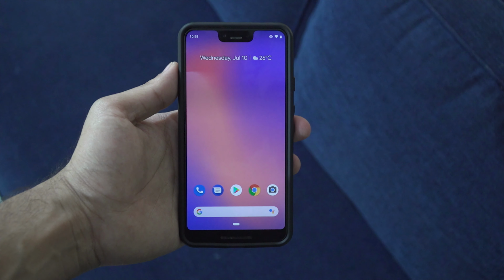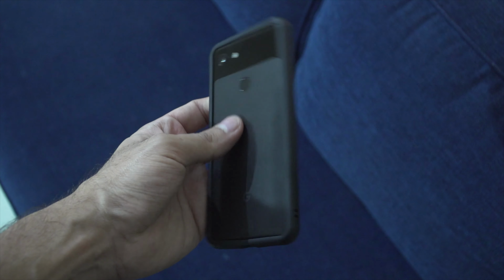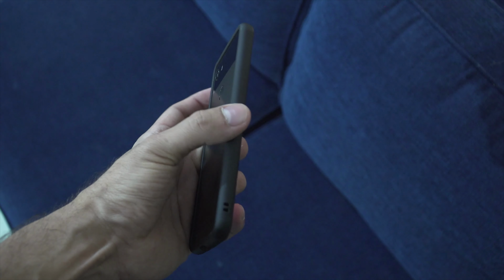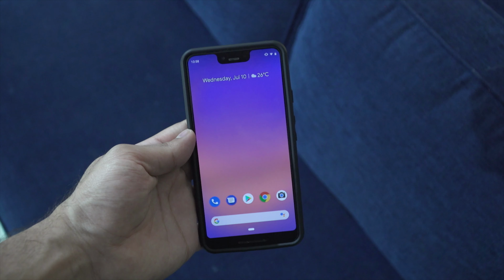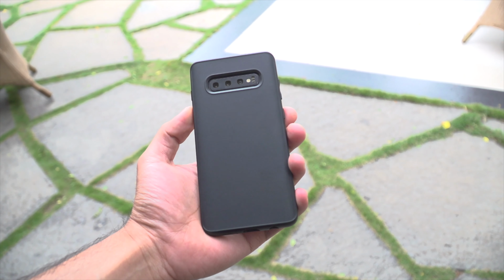So in terms of the bumper case, you can see that the edges are elevated both at the front and back, and the extra protection added onto the sides is actually what absorbs most of the impact and therefore keeps your phone perfectly intact. Now I see a lot of people not using cases or screen protectors on their smartphones,